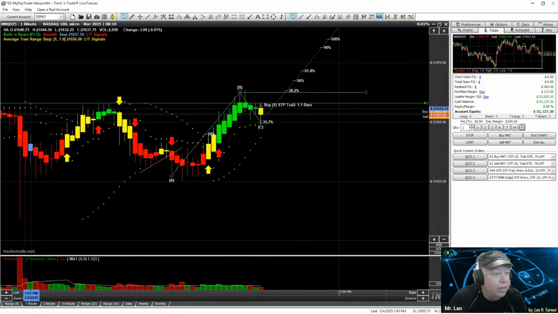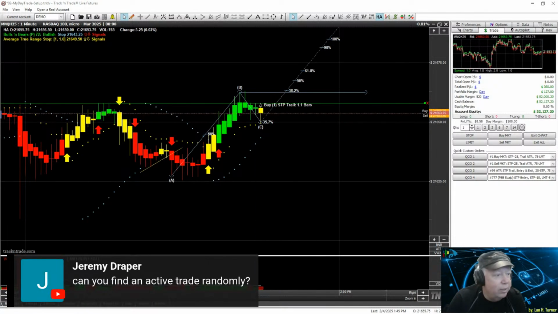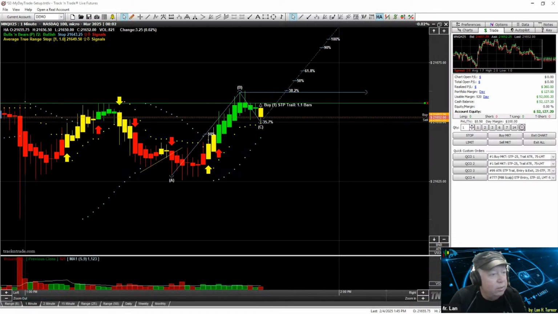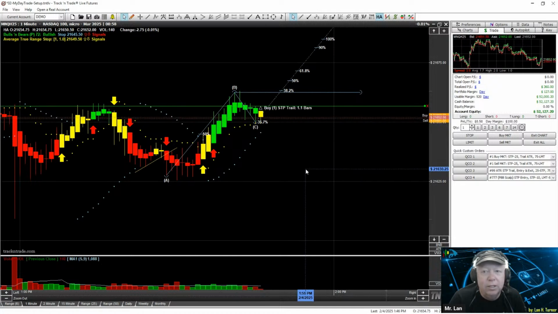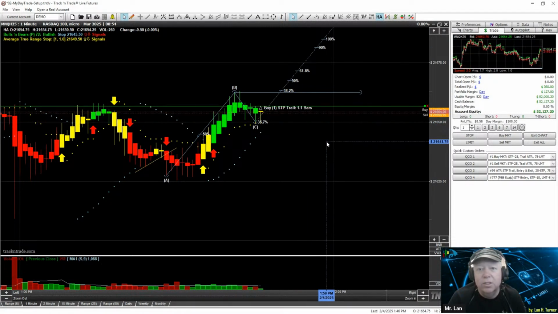Can you find an active trade randomly? Jeremy Draper, I'm not exactly sure what you mean by that. Can you find an active trade randomly? I guess you can just randomly throw money in there and see if it goes one way or the other. Usually I like to be a little bit more strategic about it than that, but